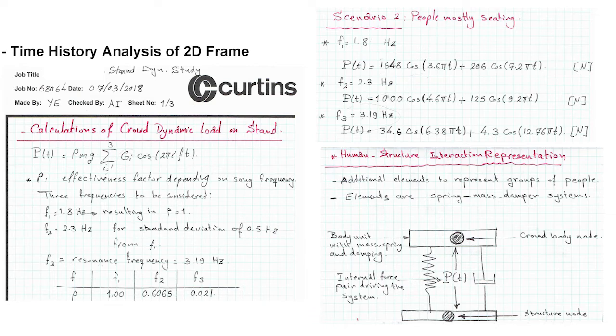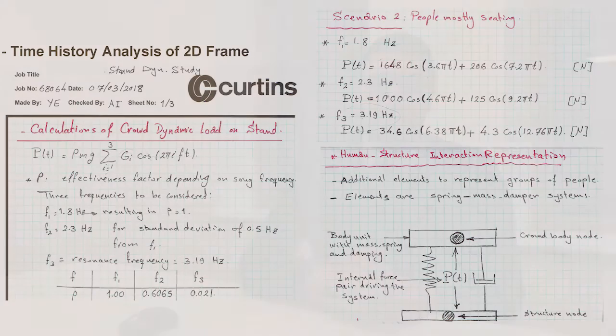What we can do is get the loads depending on the song frequency, and also depending on the type of scenario we are analyzing. So for scenarios 3 and 4, the loads will be much higher than scenario 2, and for scenario 4, the load will be almost twice the load for scenario 3. And we have also to apply these loads periodically, because they are a dynamic load applied to the structure.